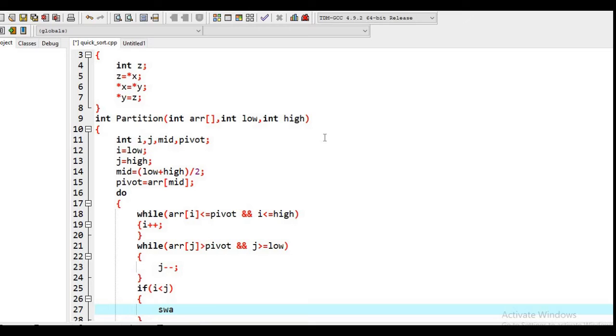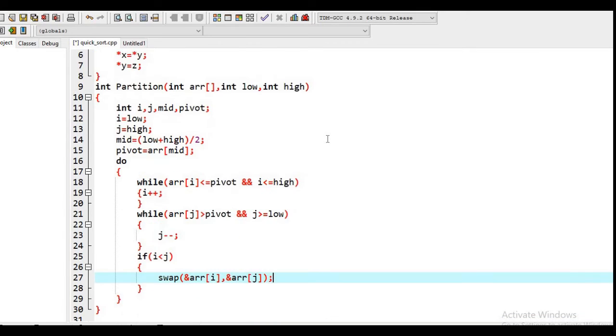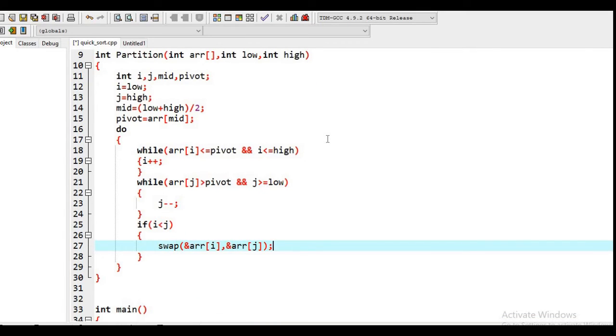So we will simply call that function here, and because we are using pointers there for swapping, we have to pass the address, because we actually want to swap these elements and not the copies of the elements. So this is the swapping function call.